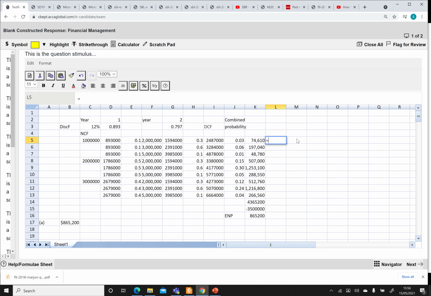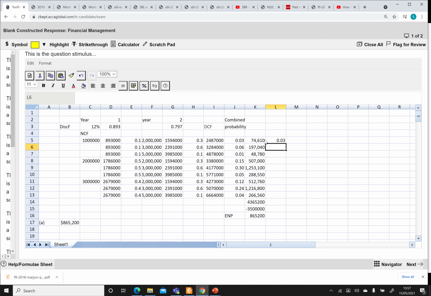So if I put in an if statement, and I say if that figure is less than 3,500,000, then I want to put that, or the probability, into my column, and if not, I just want to leave an empty